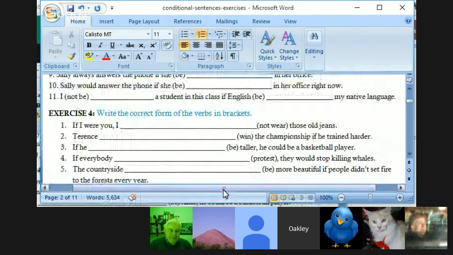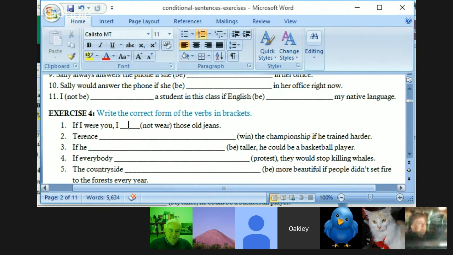Okay, let's try this one time around. Don, can you try number 1 here? Write the correct forms. If I were you, blank wear those old jeans. If I were you,